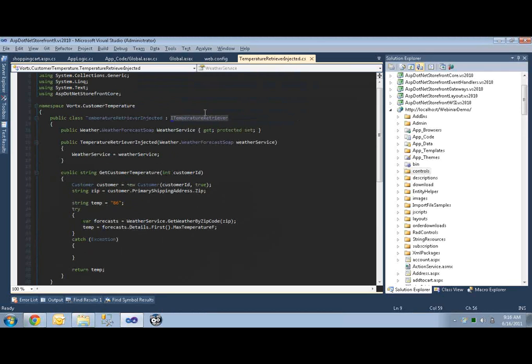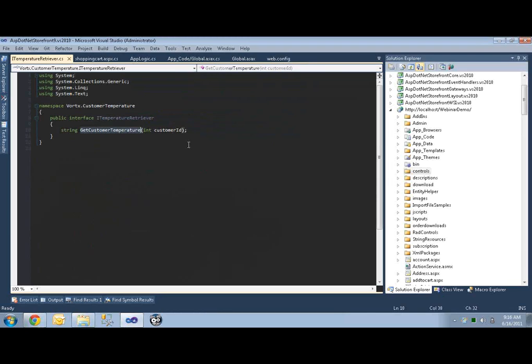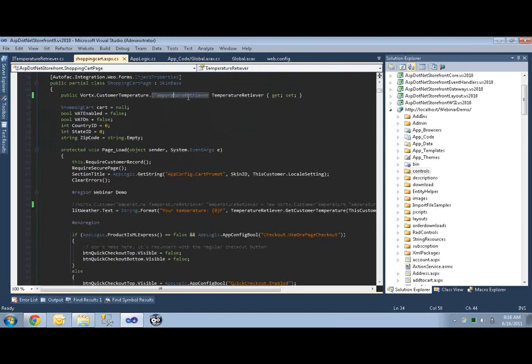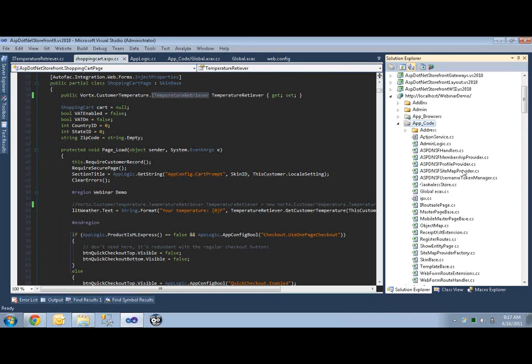We've made this interface, which just shows the simple kit customer temperature. As long as any class implemented this interface, our shopping cart page can use that interface and still get the temperature. So dependency injection allows us to do much more complicated scenarios with much lower coupling between the classes, which is a really good design principle. And it's really simple to get it set up in Storefront. The main thing that you have to do is just make sure that you set up your global ASAX with